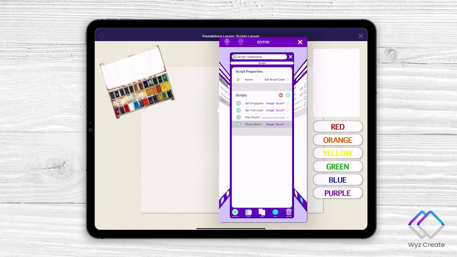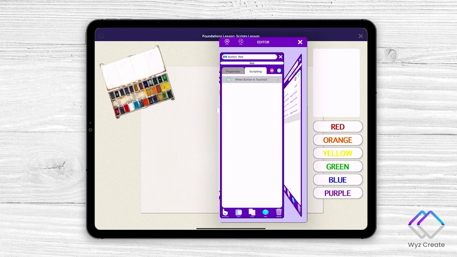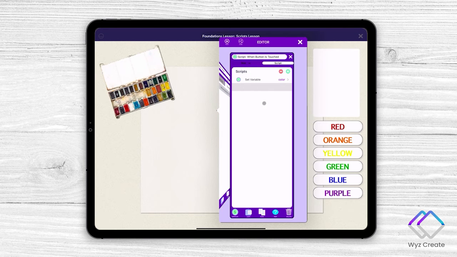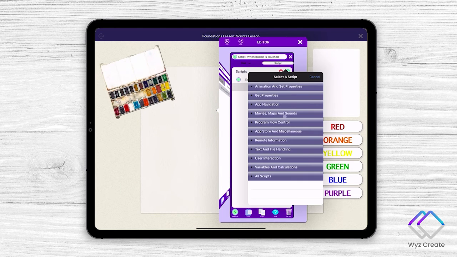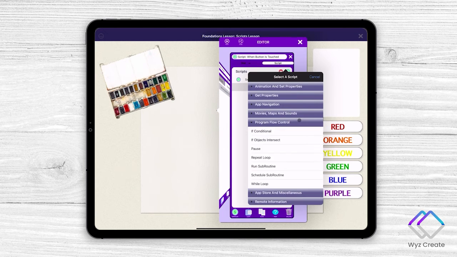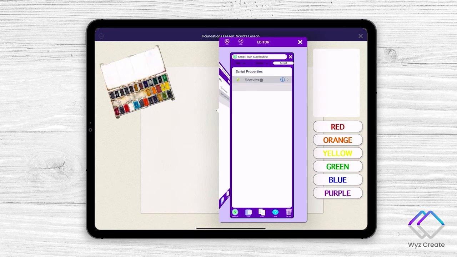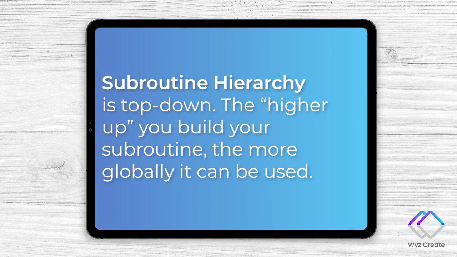Now, if I go into my other buttons, I can quickly and easily add that full list of scripts in one go by selecting the Run Subroutine script in the Program Flow Control section of the script library and selecting my subroutine from the list. Easy. Keep in mind that subroutine hierarchy is top-down, meaning if you create a subroutine at the page level, you